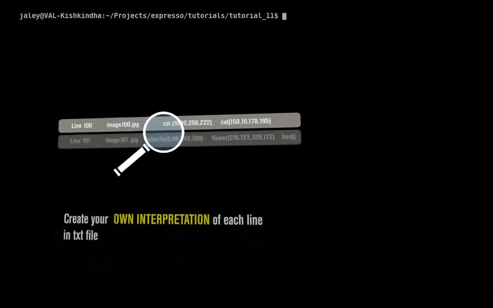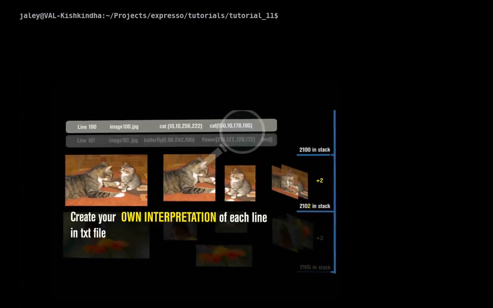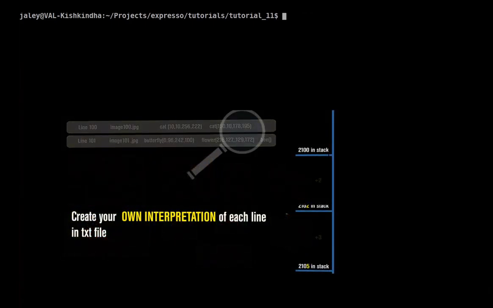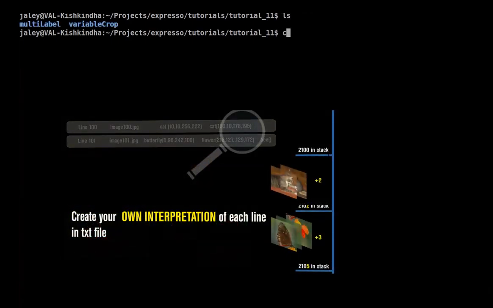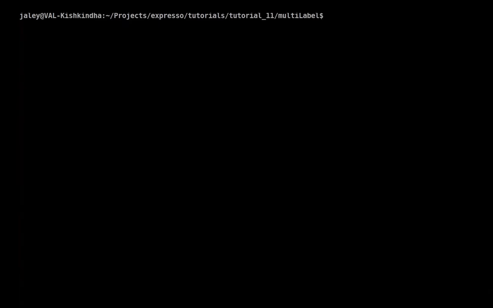In this tutorial, we will look at how to create your own interpreter. The explanation will make much more sense if I directly jump onto an example. Let's say you have a task